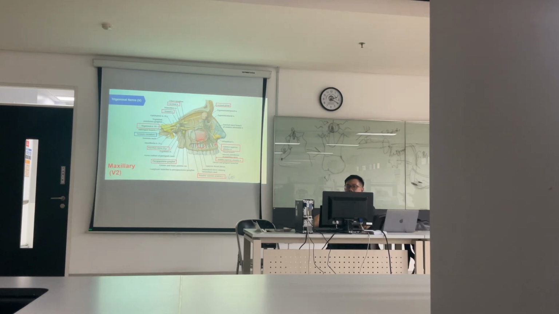Otherwise, it's easy. For the anterior teeth, it's from the anterior superior alveolar nerve, usually from incisor to canine. Then for the premolars and one root of the molar, it's from the medial or middle superior alveolar nerve. And for all the molars, molar 1, molar 2, and molar 3, it's from the posterior superior alveolar nerve.